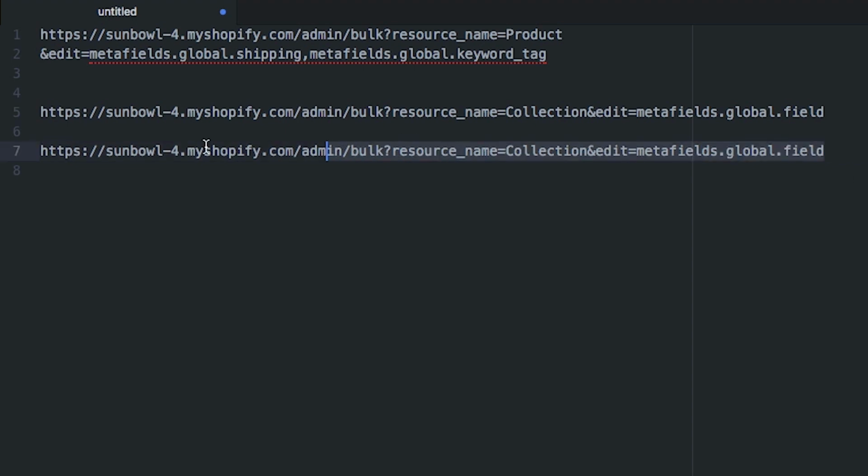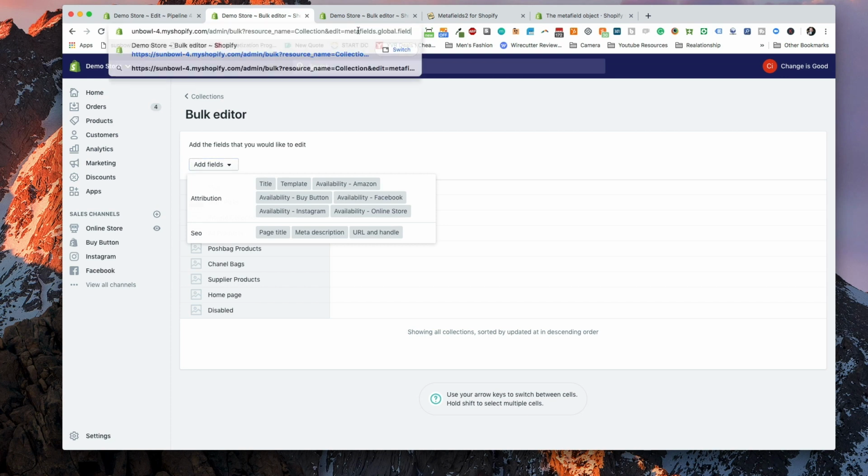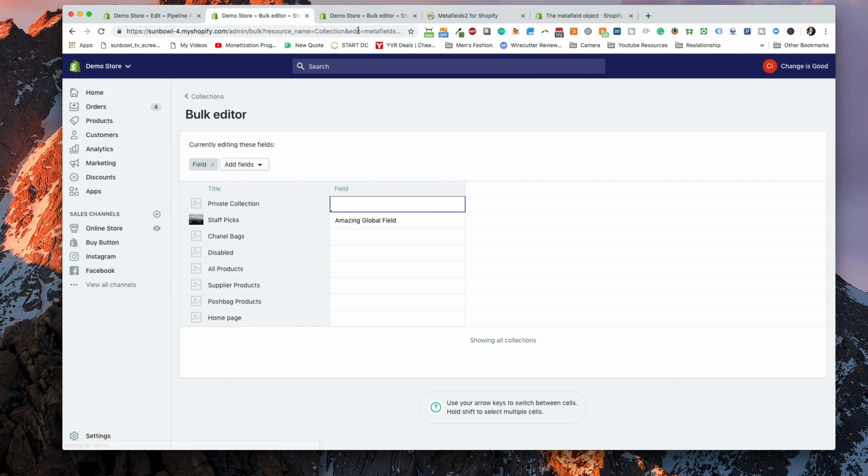We can now copy this URL and paste it into our browser, and it will pull up and create that metafield for us. So I've already done this, and I've filled in under my staff picks collection, amazing global field. Okay, so now that I've set the metafields and I now know how to edit them,